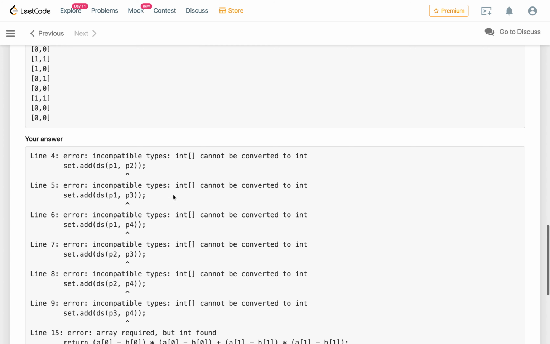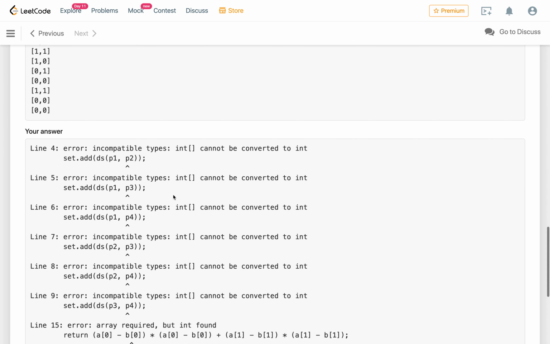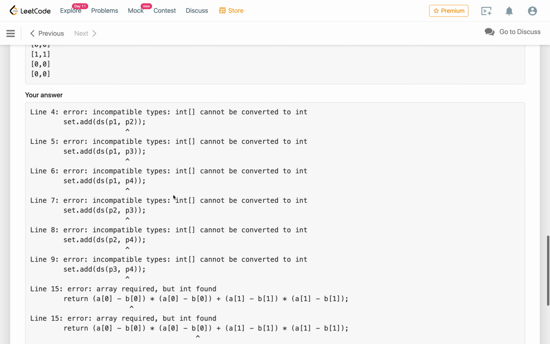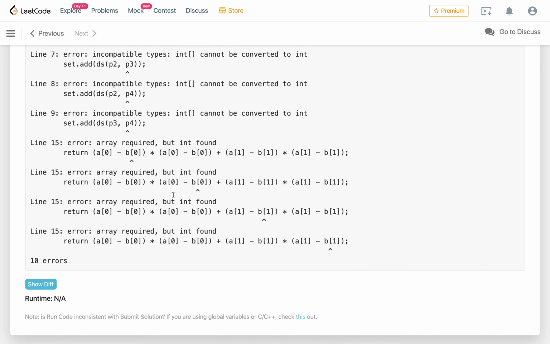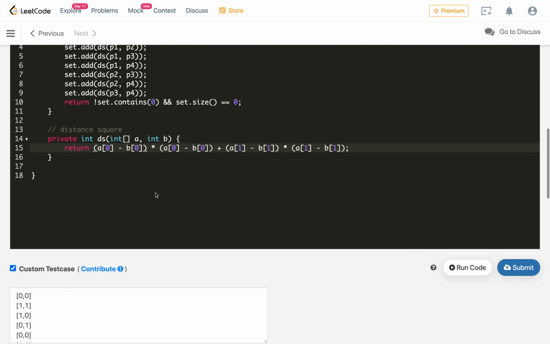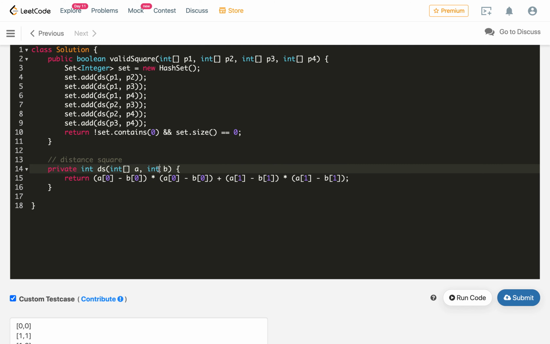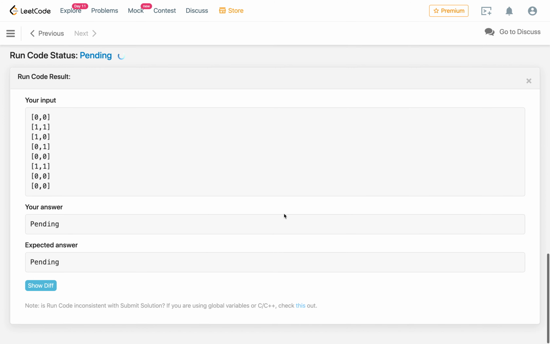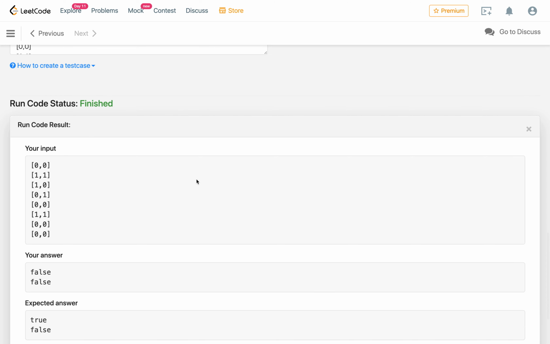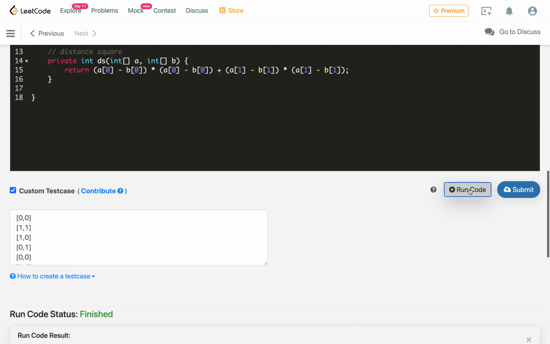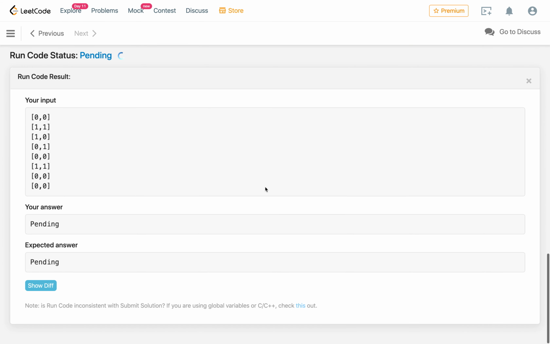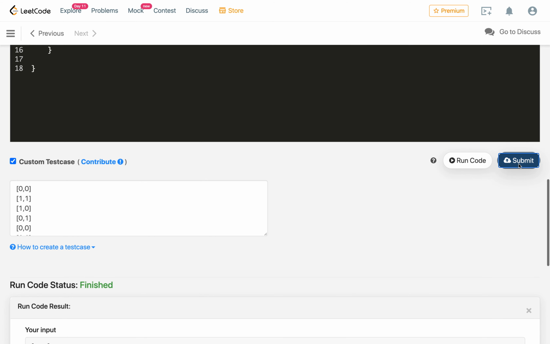There is a data type issue, it cannot convert in set dot add. Let's see what the problem is. Yeah, that is the problem. So it seems like it compiled, and we are getting the answer. If it contains 0, this should be 2, it's too many typos. So yeah, it's working now. Let's submit the code.